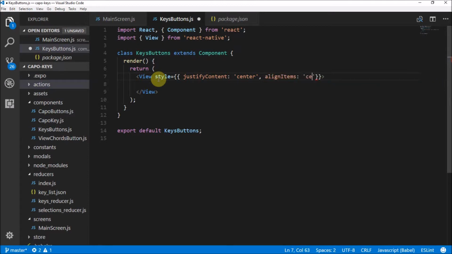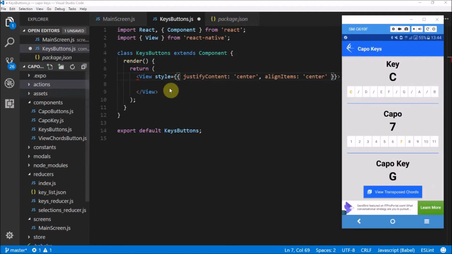So we do that by doing this, and I'll be able to show you what this does by looking at our app. So here we have our application, and we're focusing on this keys button component. Now what I want you to notice is that everything here is centered. So that's what the align item center does. They center everything. And we also have the justify content, which makes everything evenly spaced in the space that it occupies. This is a very important thing to consider because we'd like to have things evenly spaced without managing the